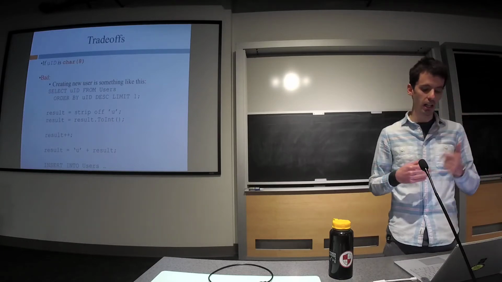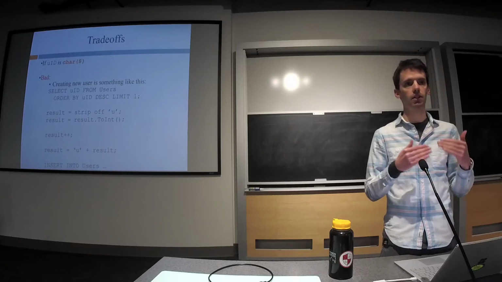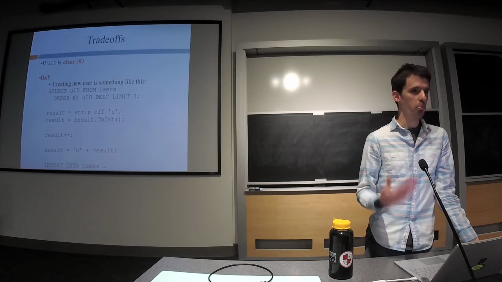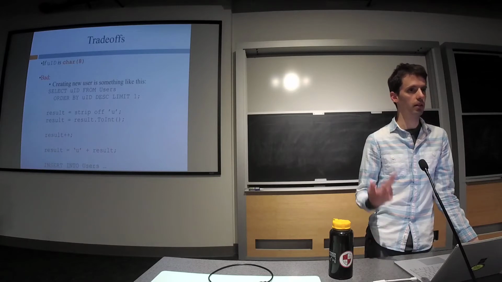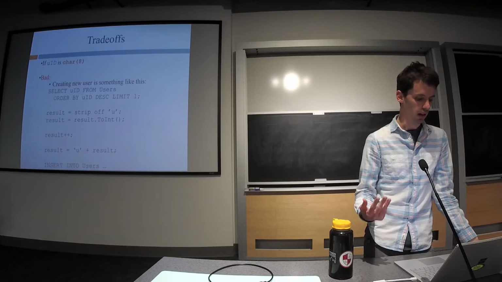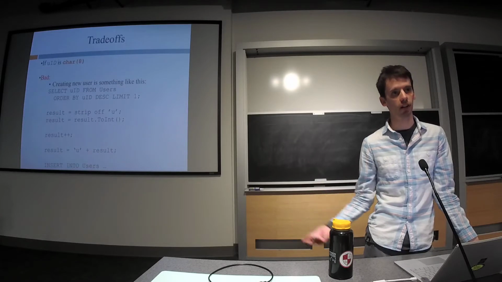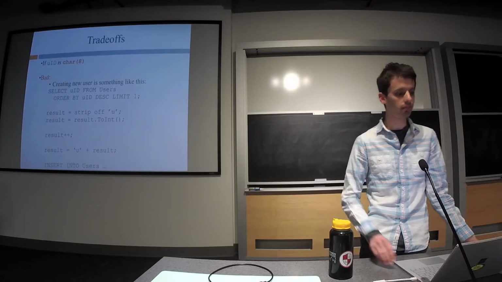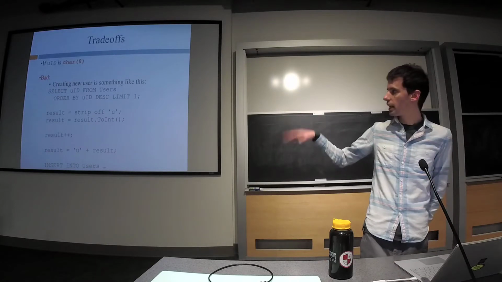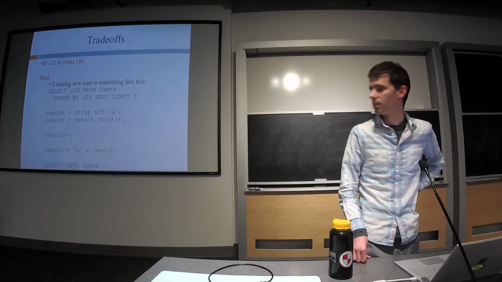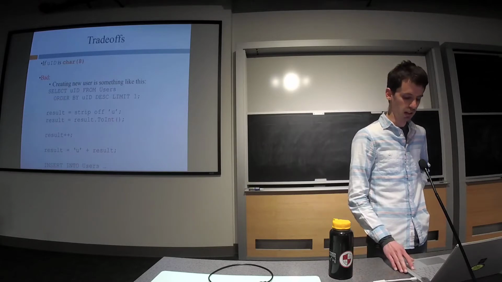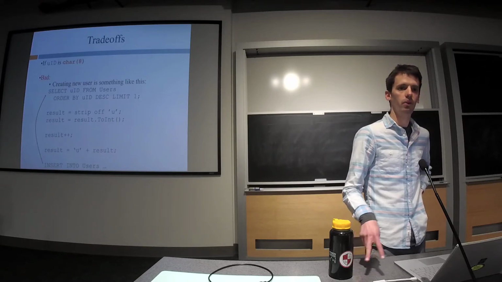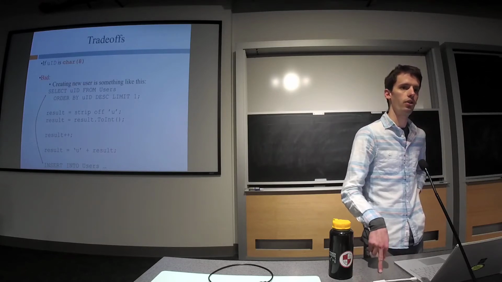So you can use order by UID, descending, limit 1 to get the highest UID you've returned yet. Then strip off the U, convert it to an int, +1, put the U back on, convert it back to a string, and then insert into the user's table. All this stuff in the middle, like stripping off the U, is simple little C# code, not a big deal. But here's the bigger issue: now creating a new user is 2 queries instead